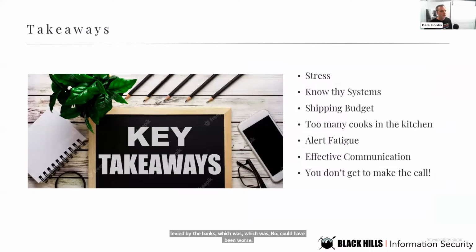All right, so some key takeaways here. Number one, stress. This is going to take you away from your regular day-to-day job. If security is something that you do off the side of your desk, it will push all of your other responsibilities to the side during an incident. It will have effects on your family and your personal life. You're going to be working long hours, working late. You can be working weekends, holidays. If your daughter has a soccer game, plan on missing it.